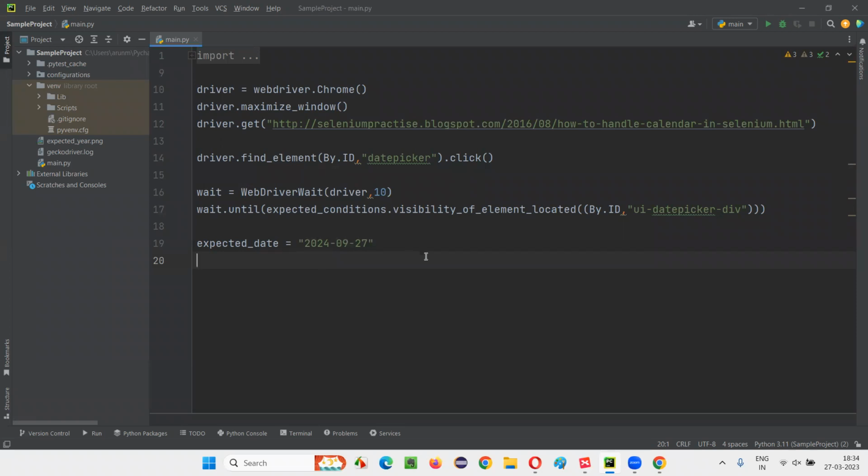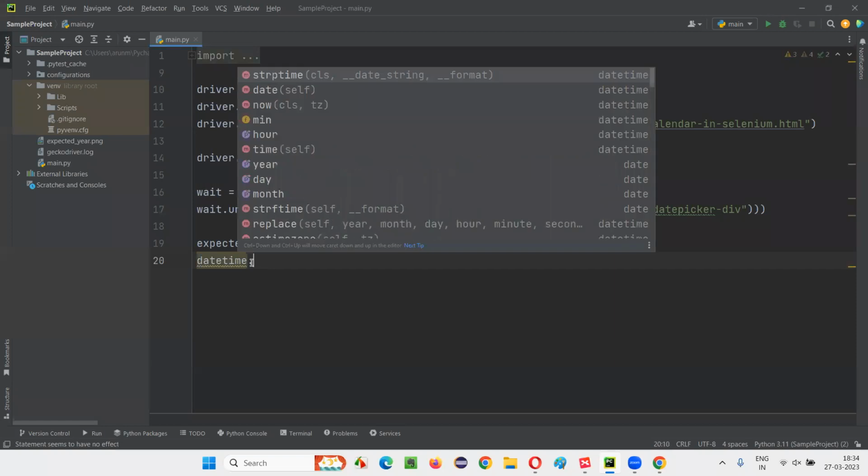Just observe what is going on. To create this logic, from this particular date I want to retrieve this day, month, and year. Three things I want to retrieve. How to retrieve? For that, I'll use something known as datetime. There's a predefined class in Selenium Python that is datetime. I'll simply say datetime